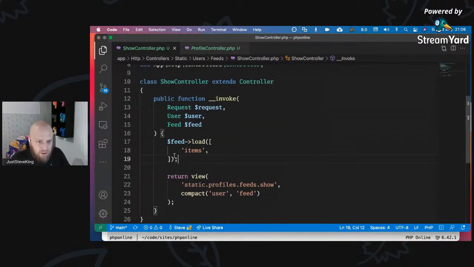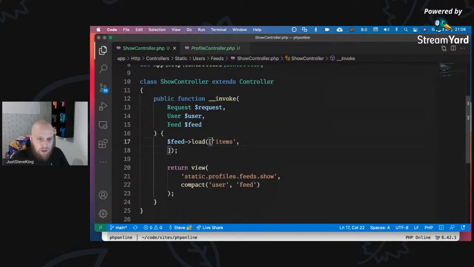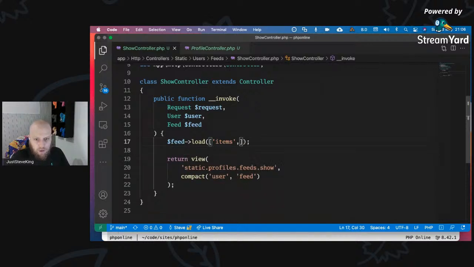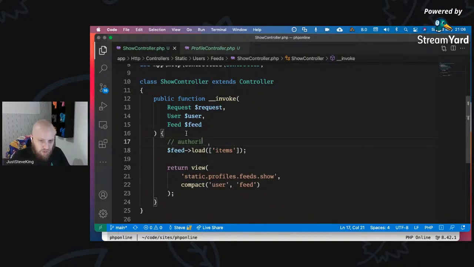Clean that up a little bit. Doesn't really have to be on another line. Code quality can be worried about later. I'd probably do some sort of authorization, spell it the American way, because